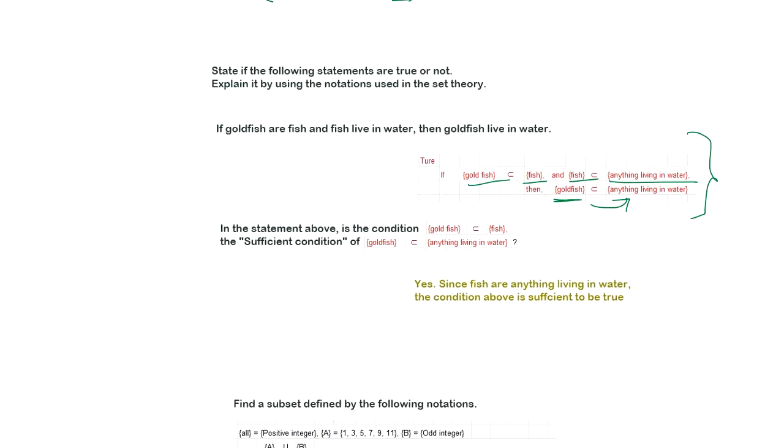In the statement above, there is a condition: goldfish is a subset of fish. That is a sufficient condition for goldfish to be living in the water. Yes, this is a sufficient condition. When a subset is completely inside, it's a sufficient condition. Okay? But the outside is a necessary condition for this. So B is a necessary condition